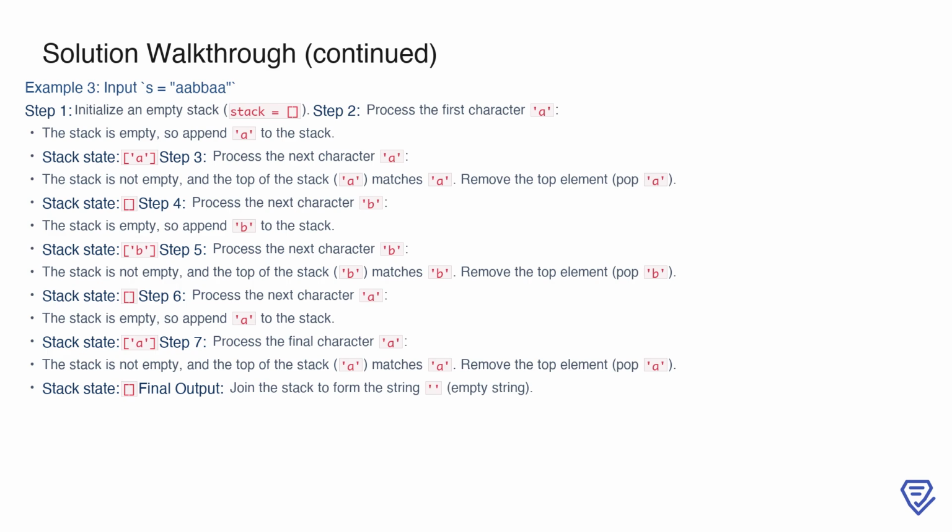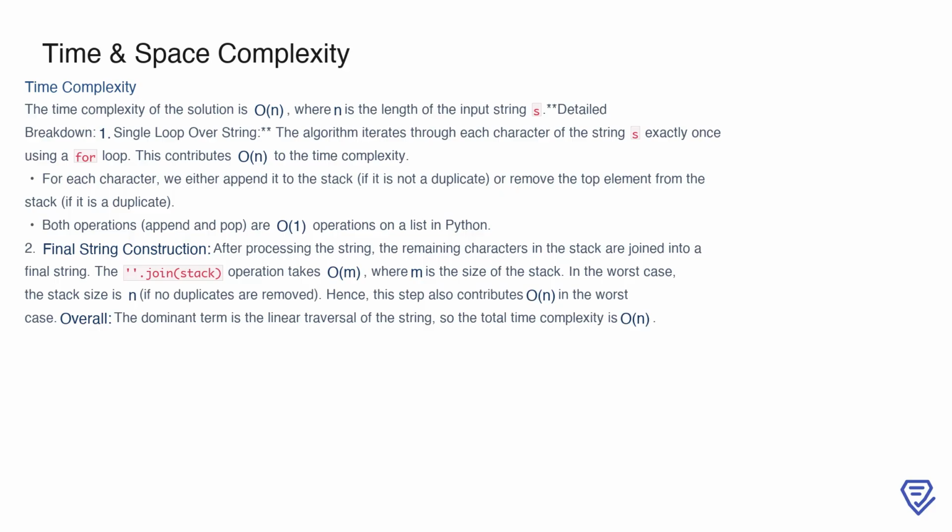final output. The time complexity of the stack-based solution is O(n), where n represents the length of the input string. This efficiency comes from the fact that we traverse the string exactly once using a single for loop. During this traversal, each character is either added to the stack or removed from it, depending on whether it forms an adjacent duplicate. Both of these operations, append and pop, are constant time operations, O(1), when performed on a Python list. After finishing the traversal, we need to construct the final output string by joining the remaining characters in the